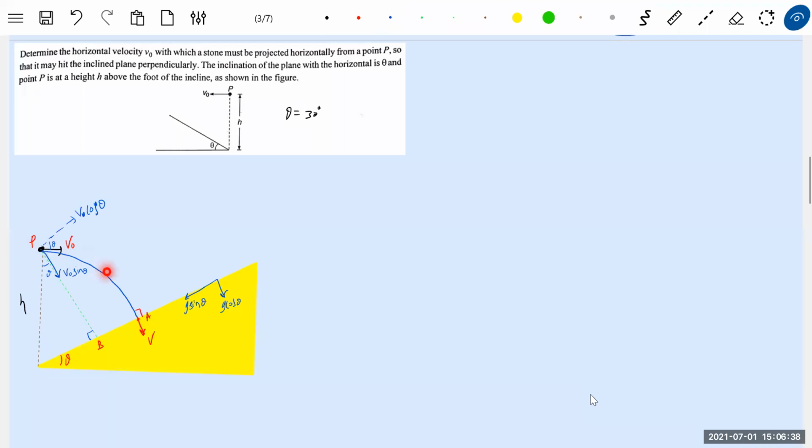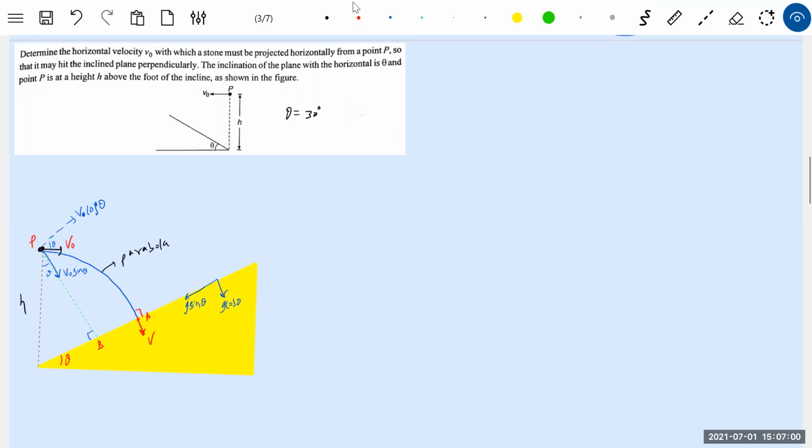Then look at this ball. It is going to move in a parabolic path. Is this a parabola? Yes, it's a parabolic path. Then it will move like this and strike here. When it is striking, it strikes normally. So tell me, what type of motion will the ball describe along the incline?